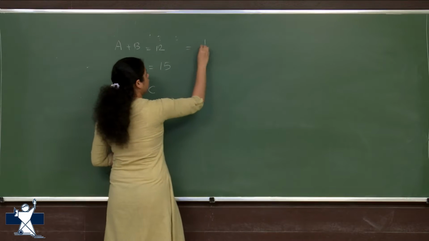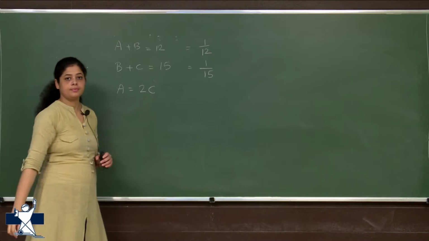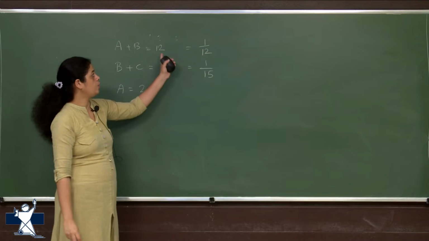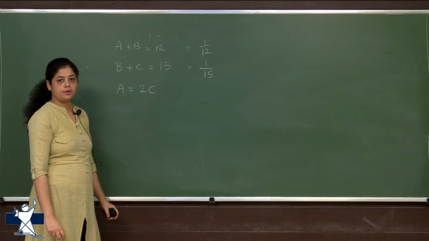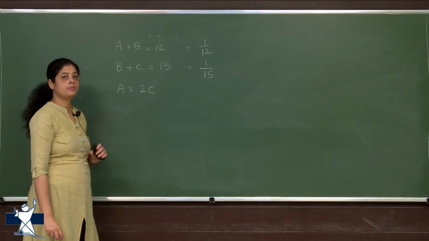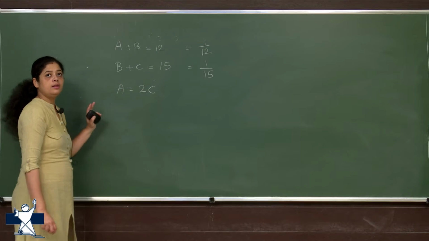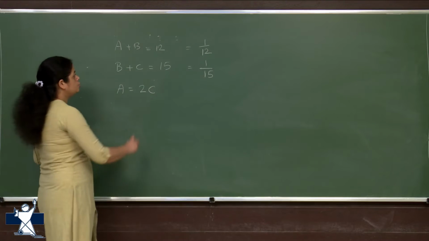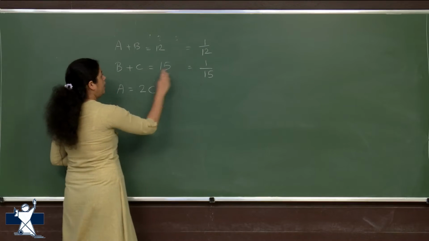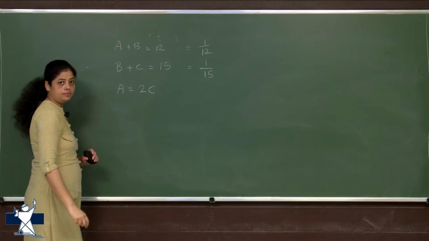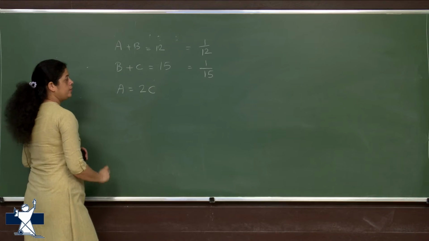इनका 1 day का work होगा 1/12, इनका होगा 1/15. ठीक है, ये हो गया 1 day का वर्क. टोटल वर्क दे आर टेकिंग 12 and 15. So 1 day's work will be 1/12, 1/15. Now what is told? A plus B together can do this, B and C. So we need the number of days B alone will take. So we have two equations. A plus B is 1/12, B plus C is 1/15, and we need value of B, right? So we must have the relation between A and C that we have.